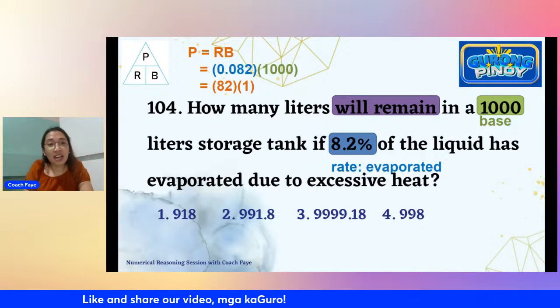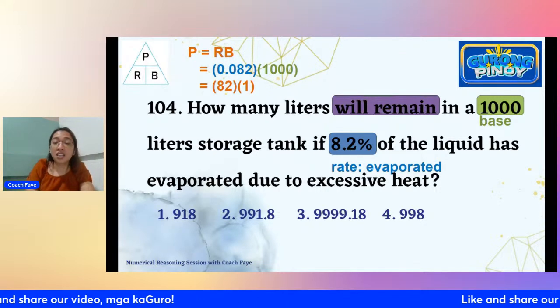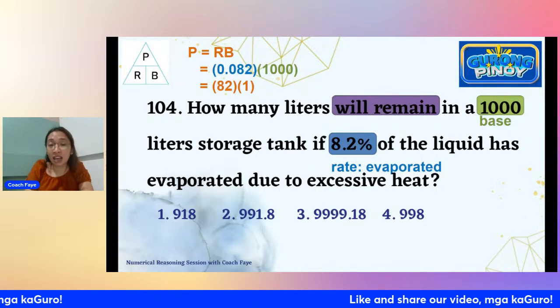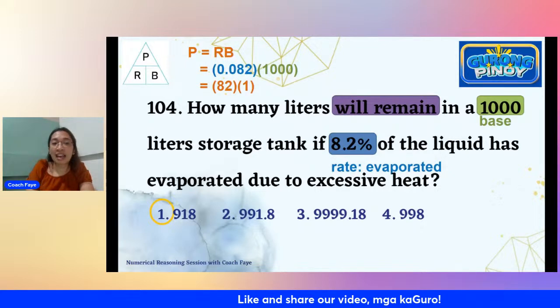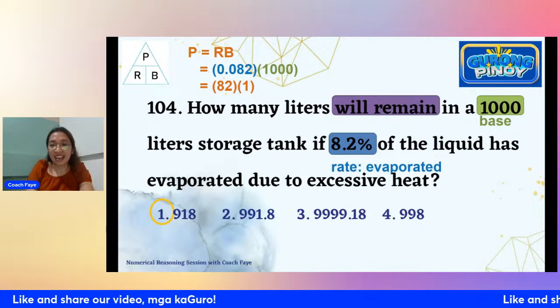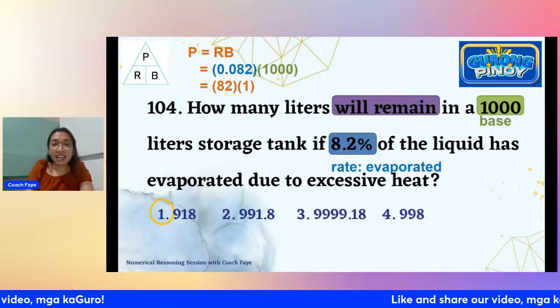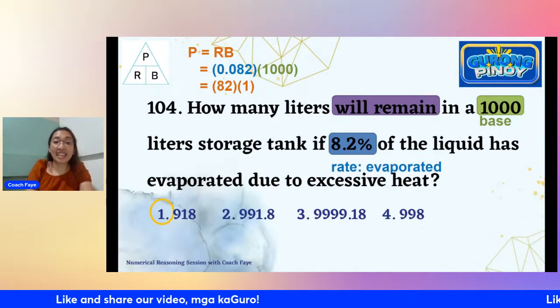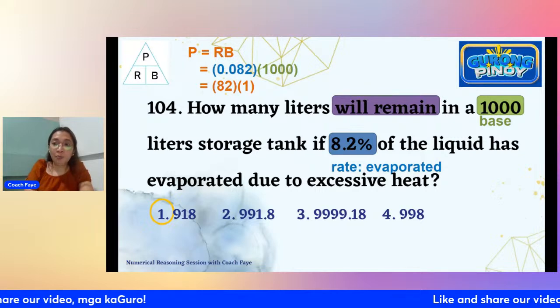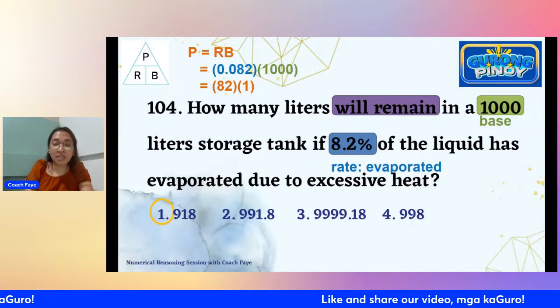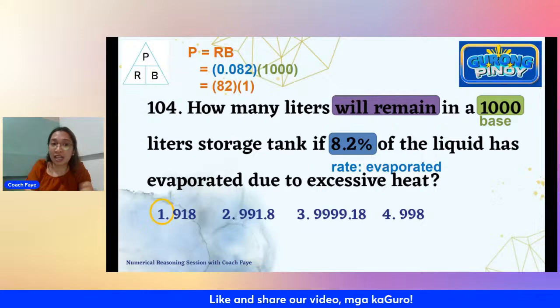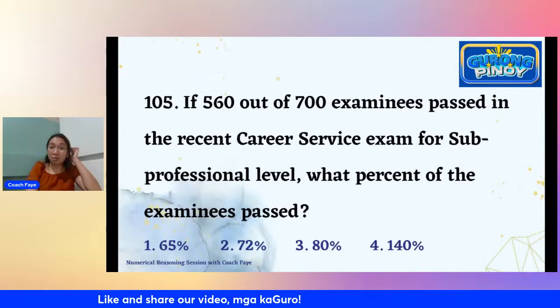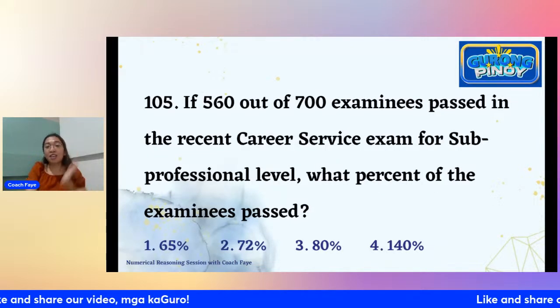So, yung hinahanap po natin na will remain ay tama po yung sinasabi ninyo, ibabawas natin yan from 1,000, which means that the correct answer for this one should be 918 liters. Ayan. So, tama. Careful lang po tayo sa mga ganitong items kasi although this is deceptively easy, this could really test your understanding of the item. So, medyo marami po talaga yung binibigay ko na ganitong klaseng items because this is prone to misconception, yung ganitong klaseng item.